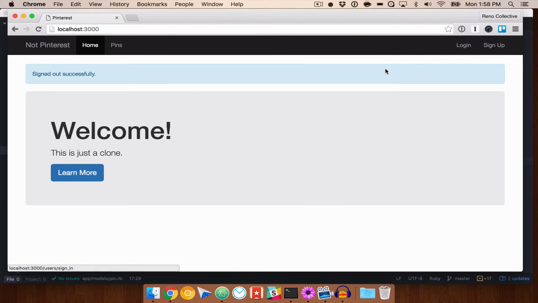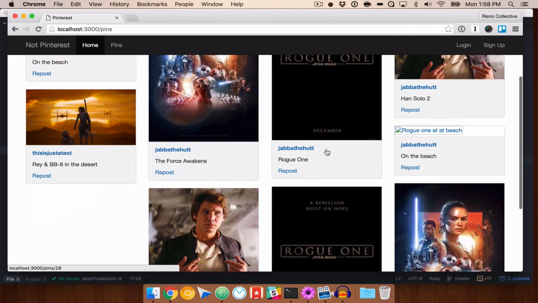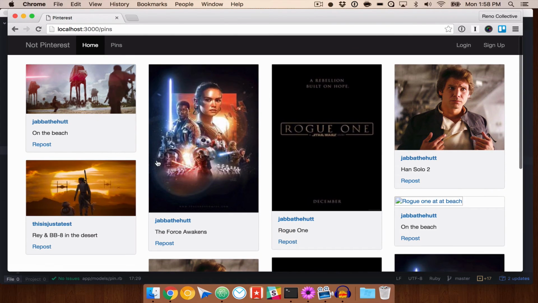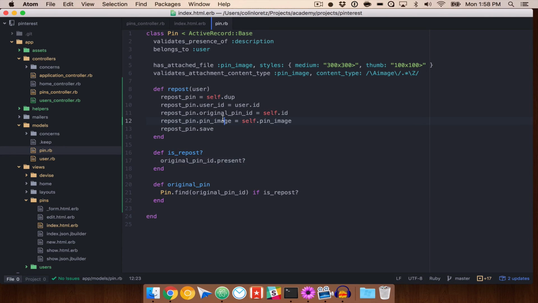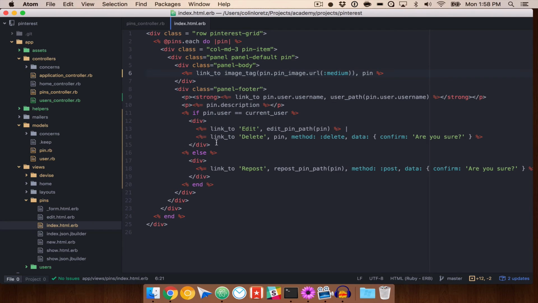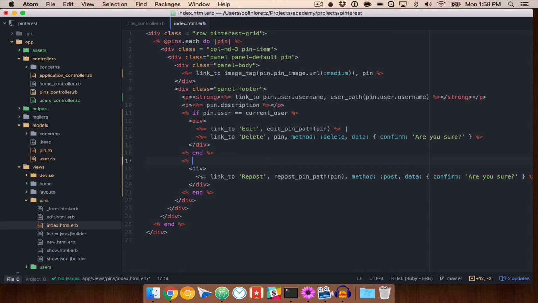If we log out, we can still repost. So that's an issue there. So what we want to do, if we try to repost, it's going to make us log in. So let's just fix that real quick. Let's see. If that user is this current user, let's go ahead and do an end there, and let's just start a new if. So we're going to do if logged in user,